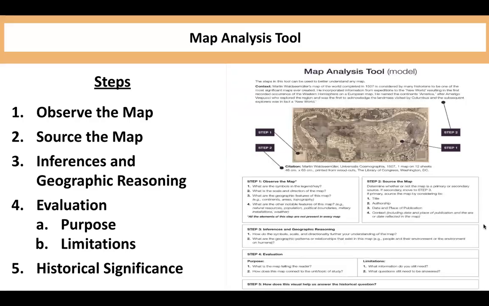So before we start, what is the map analysis tool? The map analysis tool is a way and a protocol to really break down a map and really use it for a historical purpose to answer a historical question. The steps: 1, observe the map; 2, source the map; 3, do inferences and geographic reasoning; 4, evaluate the map by looking at purpose and the limitations, and then wrapping back around to our historical question and the historical significance